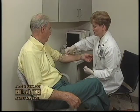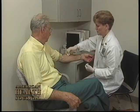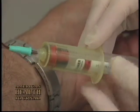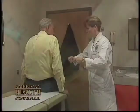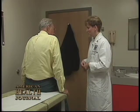Having a PSA blood test and a digital rectal examination at the time of a yearly physical examination is the best way to stay on top of prostate cancer. If you get the PSA done every year, which is how it should be done, and a digital rectal exam done every year, the prostate cancer, if you develop it, will be caught at an early time. But it's one of those things that when patients are going into their physicians for their yearly exam, or maybe it's been a little over a year, they need to remind the doctor and just say, hey, listen, are we due for a PSA blood test? Because if you get it done once a year, it'll keep you